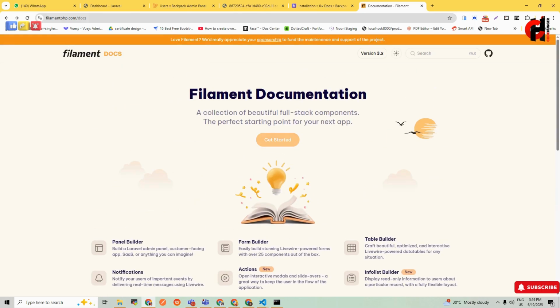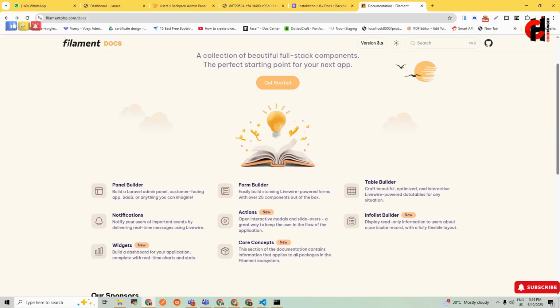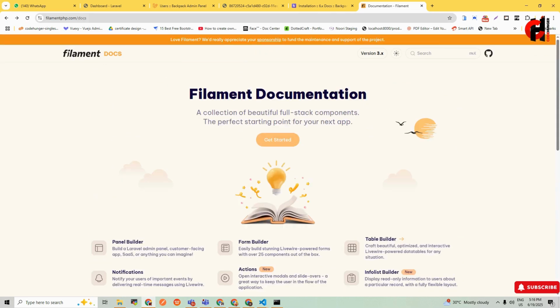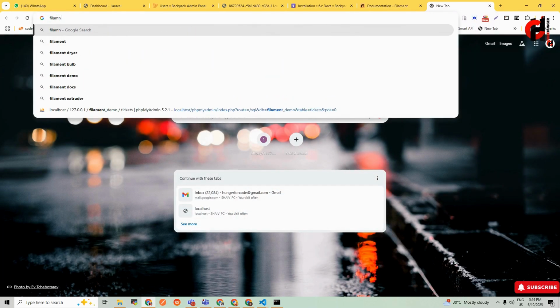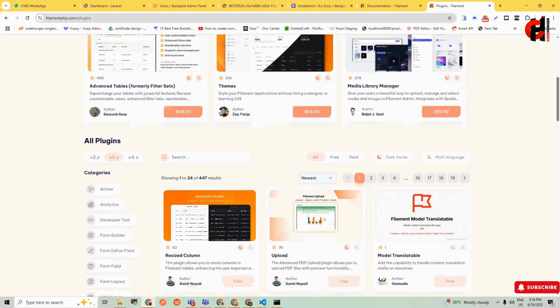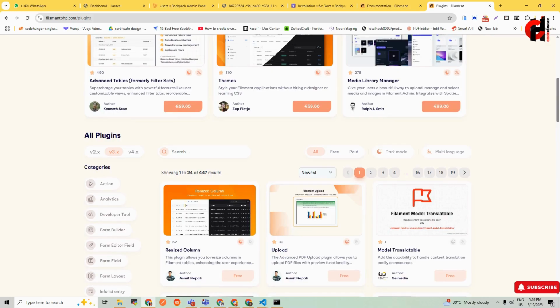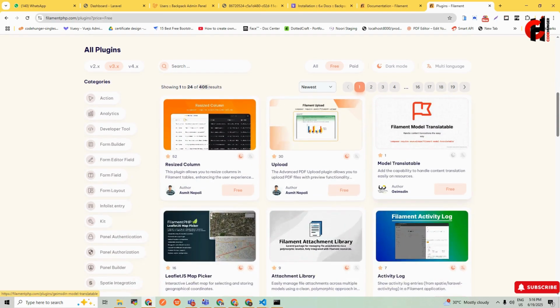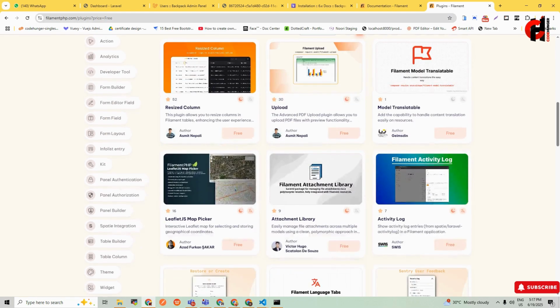If you go to Filament, let me open that page, Filament plugins. So if you see the Filament plugins page, there are almost 405 free plugins provided by Filament, which you can easily install in your admin panel and increase your functionality in all the ways. Now let's jump to the